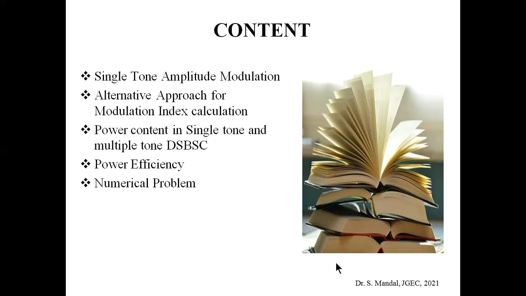Now, amplitude modulation has been classified into many types like DSB, SSB, VSB and ISB. We have already discussed two types of amplitude modulation. Those are DSB-FC and DSB-SC. The name DSB stands for the fact that it consists of two frequency components. One is the upper sideband and the other is the lower sideband, and that's why we call it double sideband.